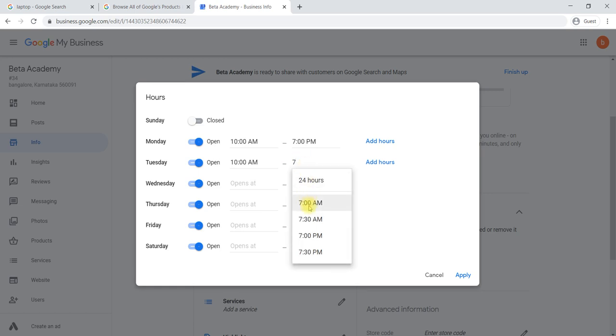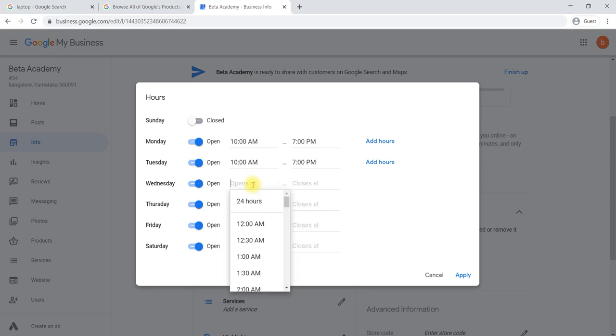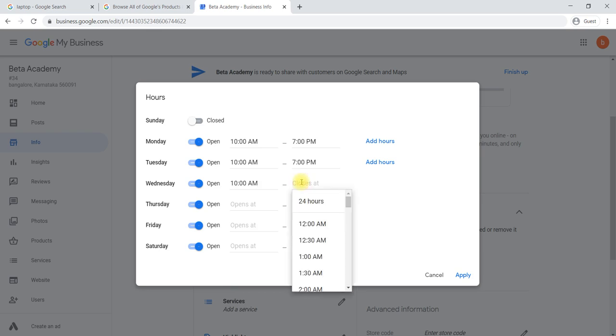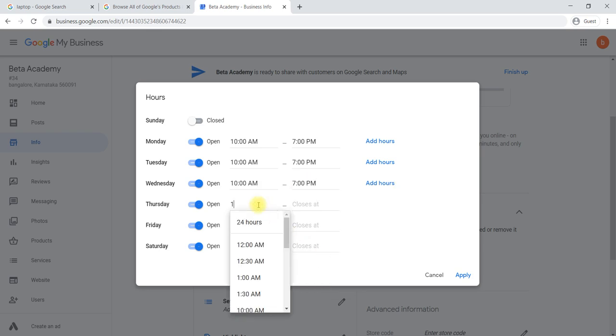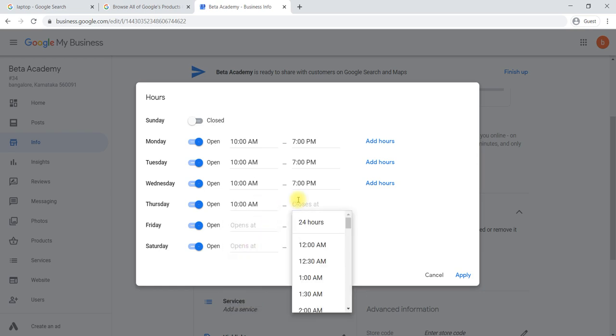Different timings also you can give, and this timing will be shown in the business page where the customer has logged in at that particular page.